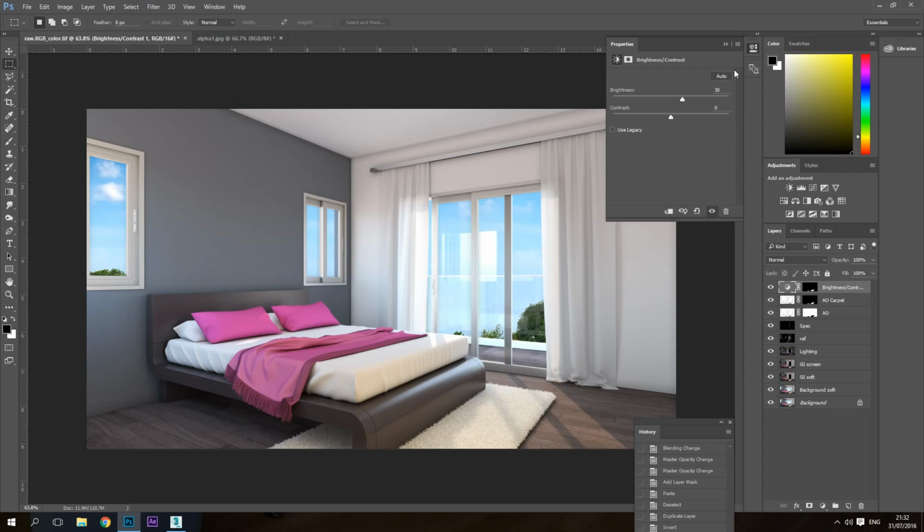So we have brightness 30. I want to add a little bit more ambient occlusion to this carpet, so let's make it 50. It's almost like this, almost 60, but it's fine. I'm going to make the brightness 40, maybe just a little bit brighter. Alright, so